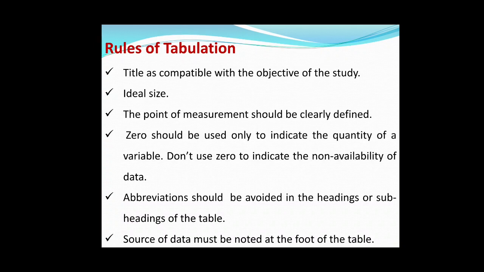Dear students, some other guidelines which we should keep in mind before tabulating the statistical data are: those columns whose data are to be compared should be kept side by side. Similarly, percentages, averages, ratios, totals, etc. must be kept close to the data. As far as possible, figures should be approximated before tabulation. This will reduce unnecessary details.